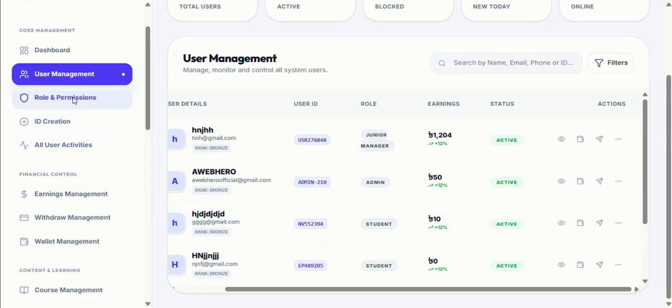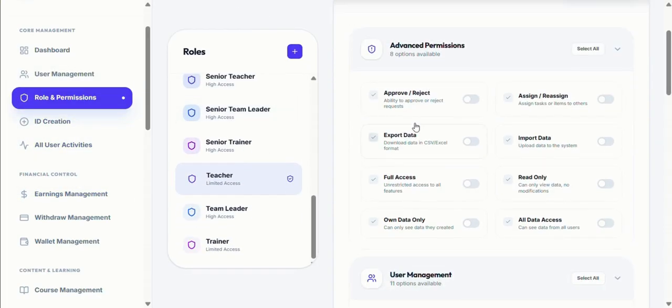platform. Wallet management. EduPro also includes a wallet adjustment system,